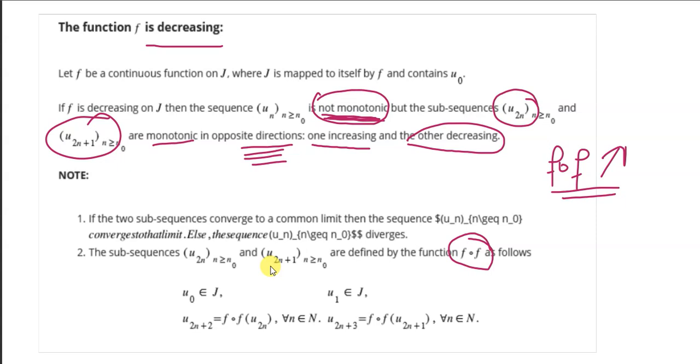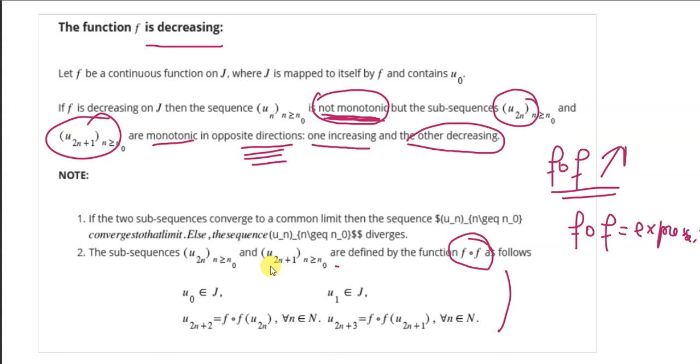Okay, so when we are in this case, we need to make sure that f round f is increasing. This is correct, whatever the function f is. And of course, we need to find the expression of f round f. So we can use the variation table, and we can decide about the subsequences u2n and